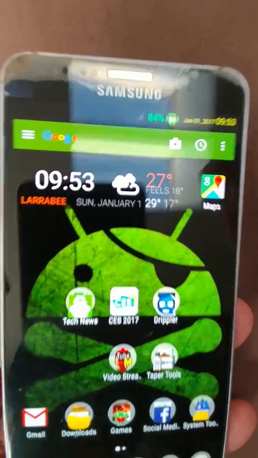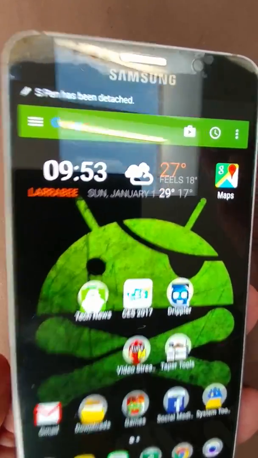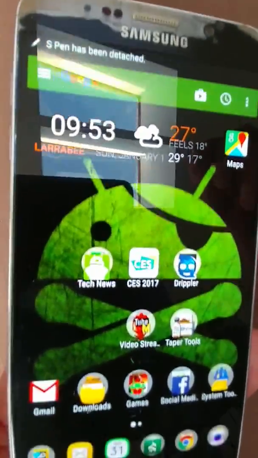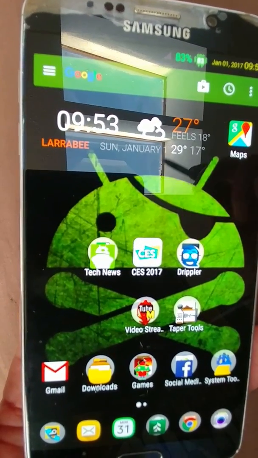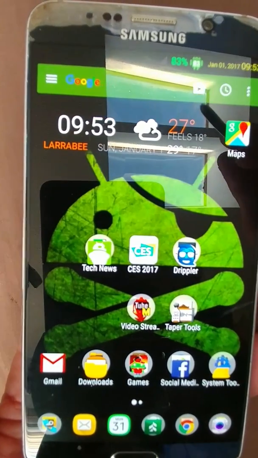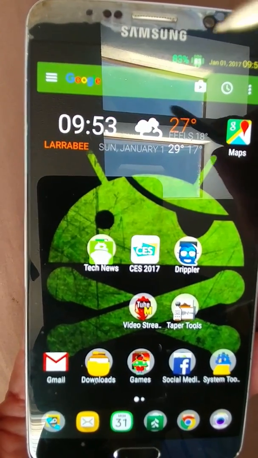Alright, this is how I look. This is how I have it tweaked out right now. I'm using the Action Launcher Pro, and I'm using the more ROM. I'll get into the ROM later. So right now, the way I have it set up,